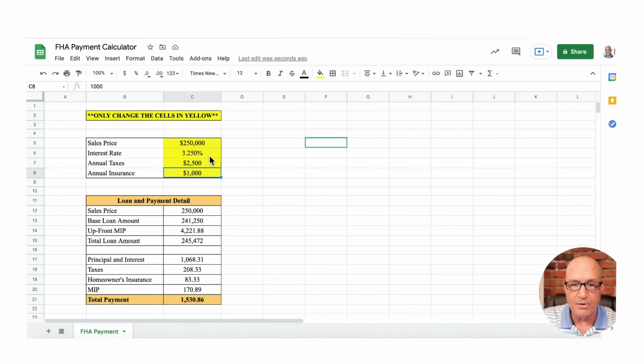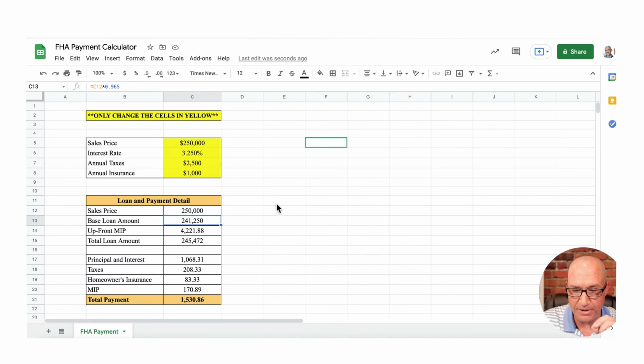So when we go down below at the bottom, this is where all the magic happens and the calculations come in. So the sales price pulls from the sales price that we put in the yellow. All right, so what that means is FHA says that you have to have 3.5% down payment. So what this is telling us is that $250,000 minus your 3.5% down payment gives you what's called a base loan amount of $241,250.